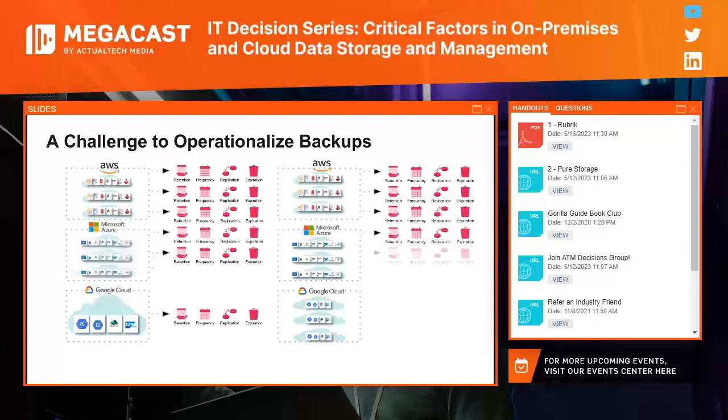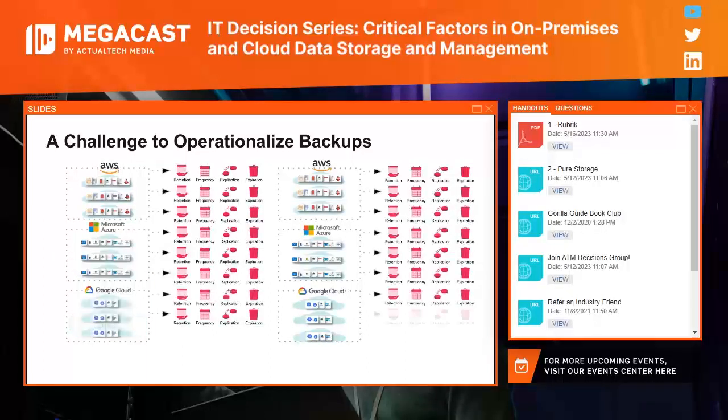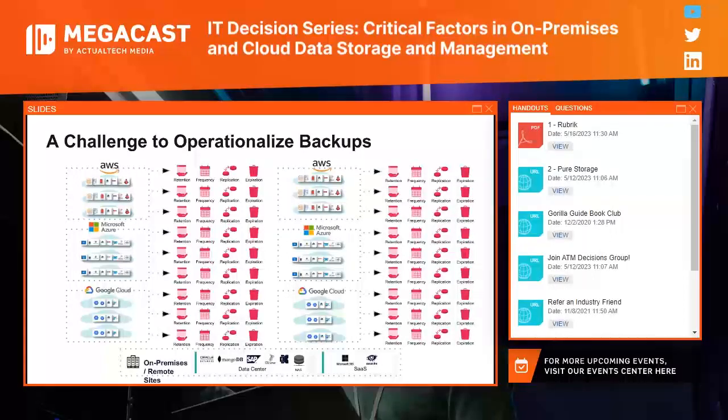And oh, by the way, you very well may still have an on-premise environment too that needs the same sort of governance and security. So this all becomes a lot to manage. It's manual, it's resource intensive, it's just not scalable. And that's just data protection management. What about data security? What about being able to recover your data when you need it from